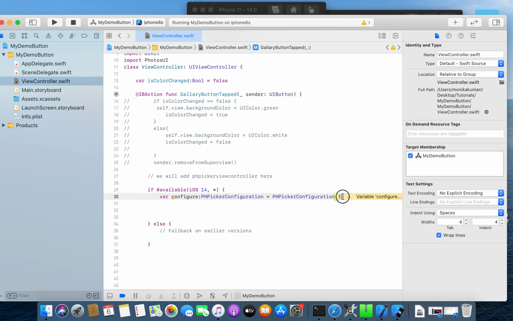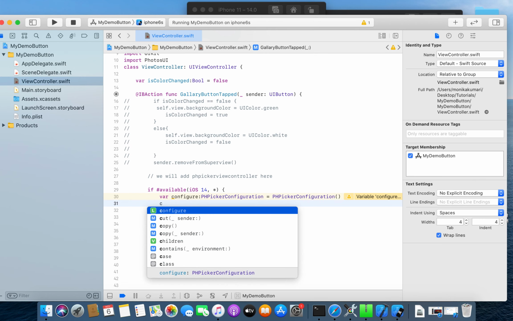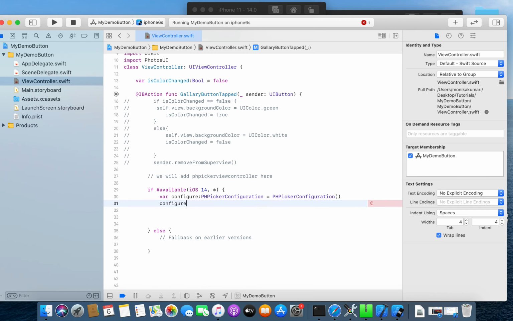So I will add two important properties to my PH Picker configuration object, that is the filter and a selection limit. Configure dot filter will be, I am going to filter it from live photos, videos and images. So I will write a filter.